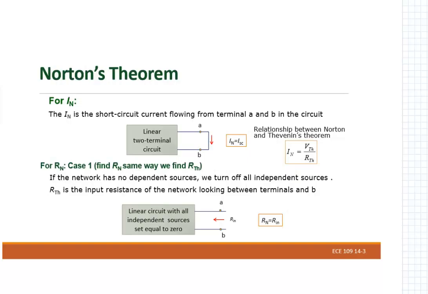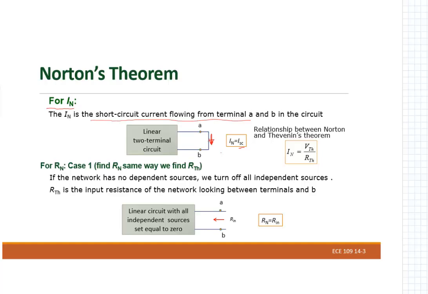Here is the explanation. First, if we're gonna find the IN, we're gonna take the load resistance value out. We're gonna make that short, the terminals A and B. Then we will try to find the current that goes from A to B. That current is our Norton current,